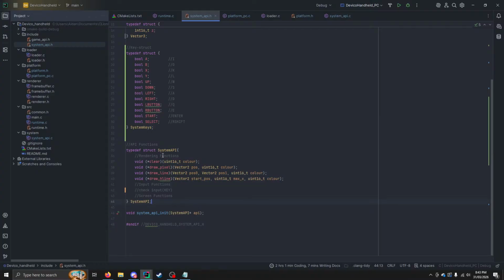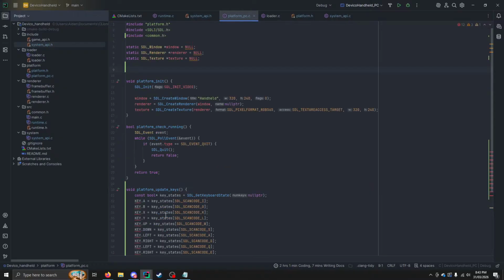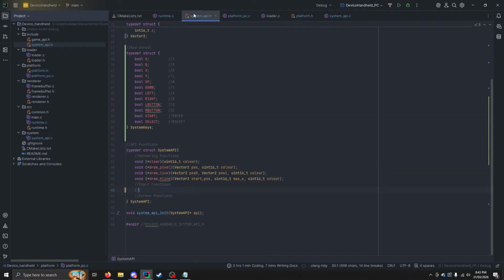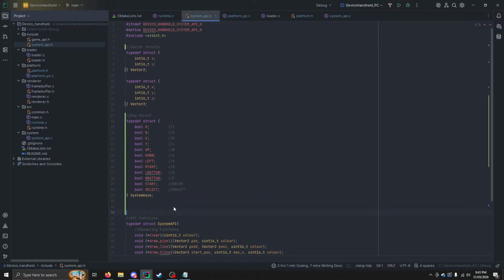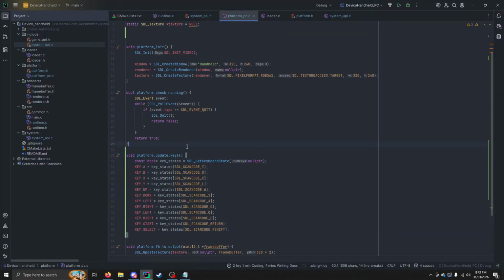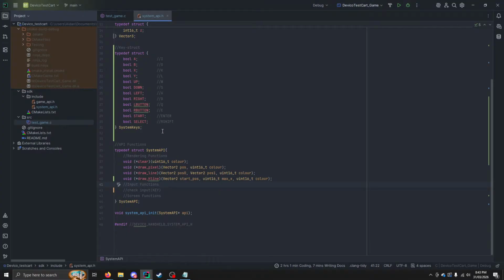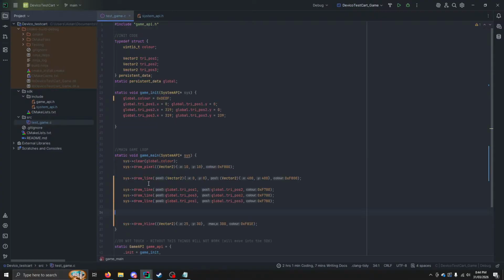Okay. Yeah, so I need to, wherever I put the check input, I think it will be a platform function actually, because they don't have access to update keys. They cannot, if it's in the API, which is where I currently have it. If it stays in here, then in theory, I'm on the cart, yeah. Then in theory you could just key dot a. You could just force a button to be true,